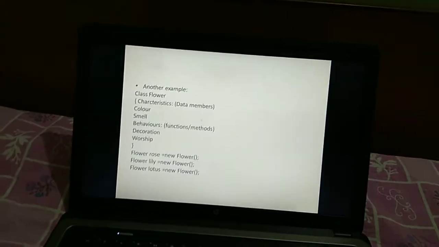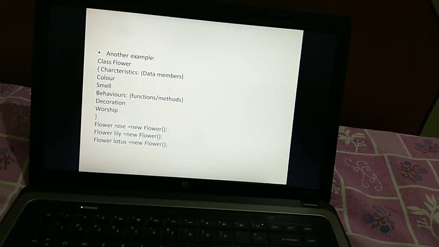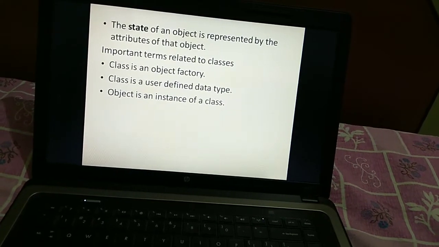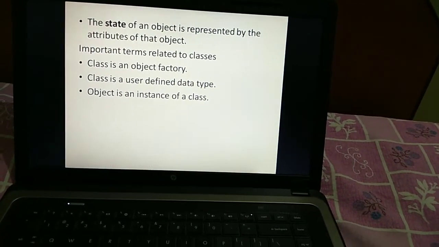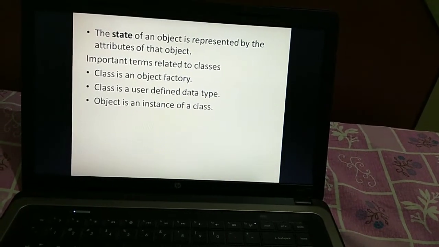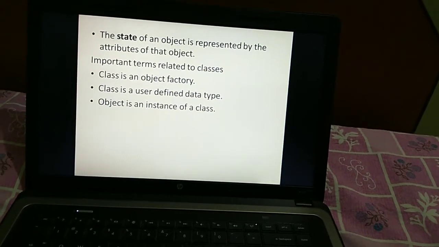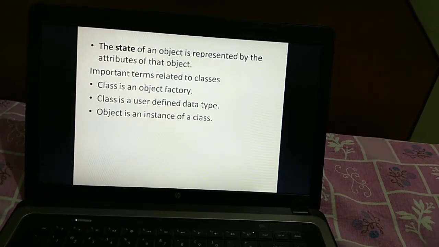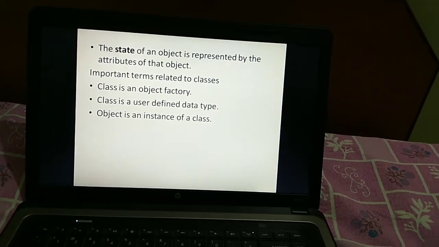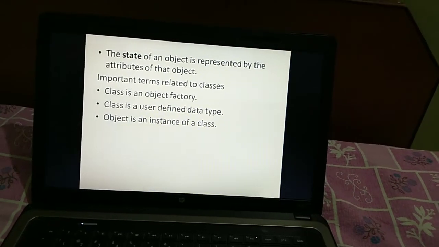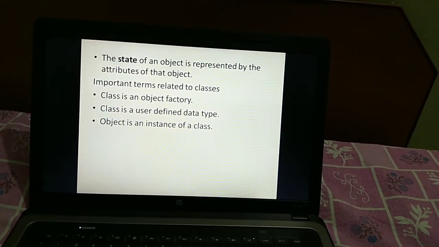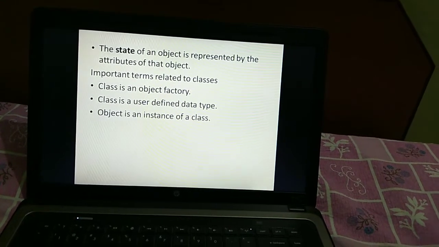Fine. Next comes the state of an object, which is represented by the attribute of that object. What is the state? State is nothing but the characteristic of the object, represented by the attribute of that object.